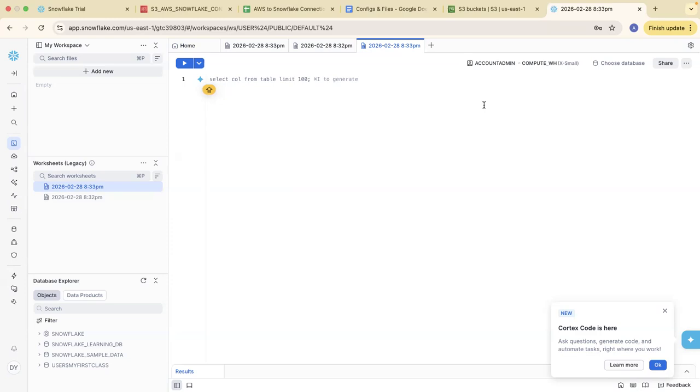Okay. Now the next thing that we are going to do is set up a connection in Snowflake. To do that, first of all, I have to create a warehouse. Snowflake is a cloud-based platform.